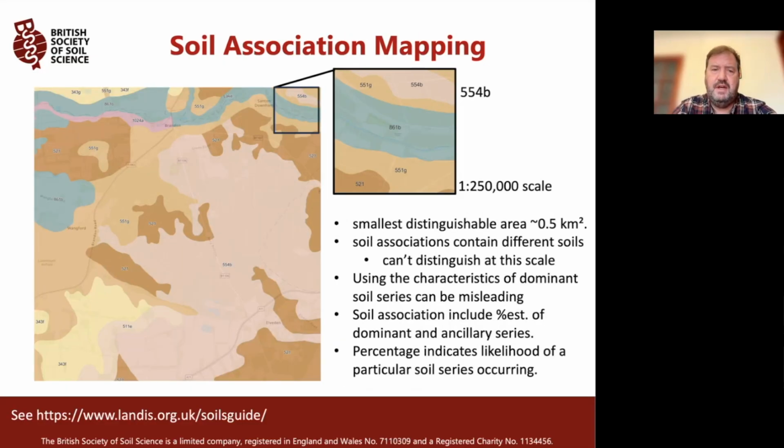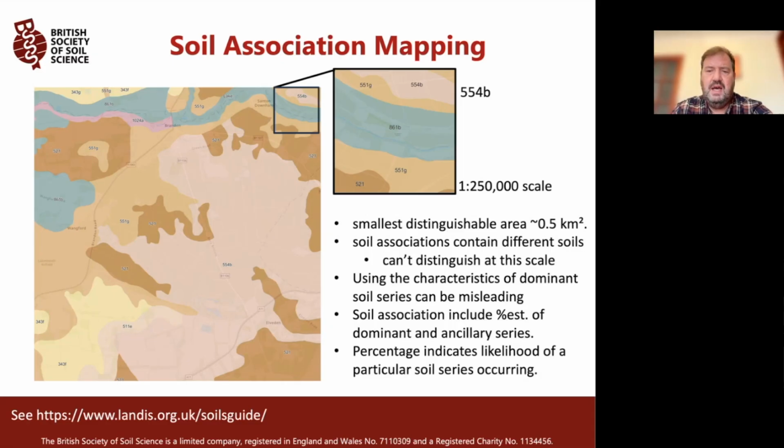If we look at the same area on a much more coarse map, and this in fact is the national soil map at a scale of 1 to 250,000, you can see that you couldn't possibly fit that detail sensibly on a map that's covering the whole nation. So what you have to do is group soils together. In this case, the grouping of soils that typically occur together in the landscape are called soil associations. So cartographically, it allows us to present a map showing perhaps the most dominant characteristics of that polygon